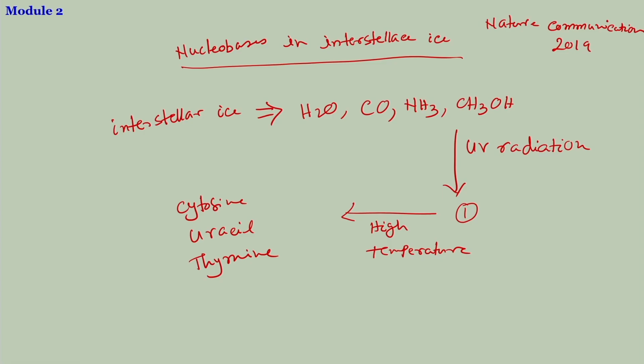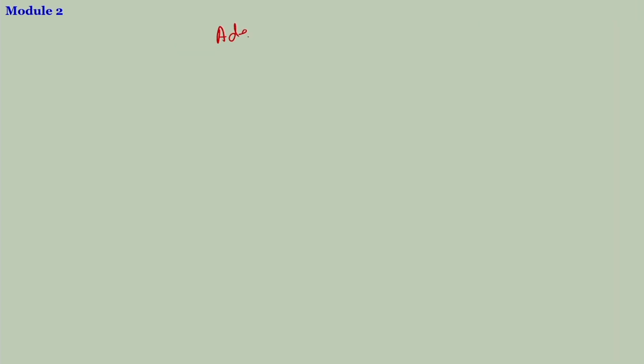Not only that, plus some of the purine nucleobase derivatives, like adenine and guanine derivatives, were also found in this experiment. Purines. I will give you some structures. So, adenine was there. Out of these purine bases, adenine was found, and then